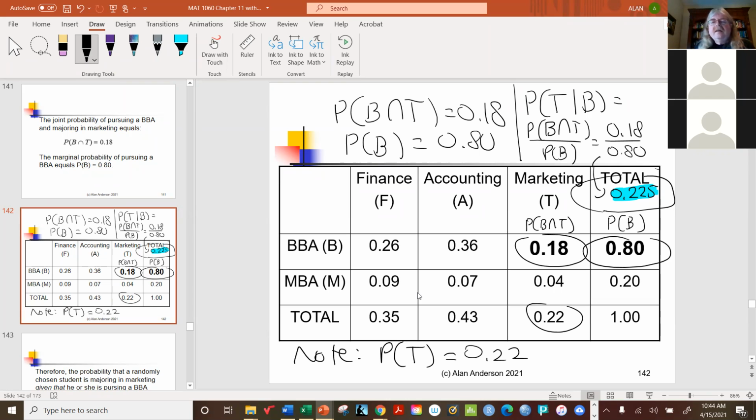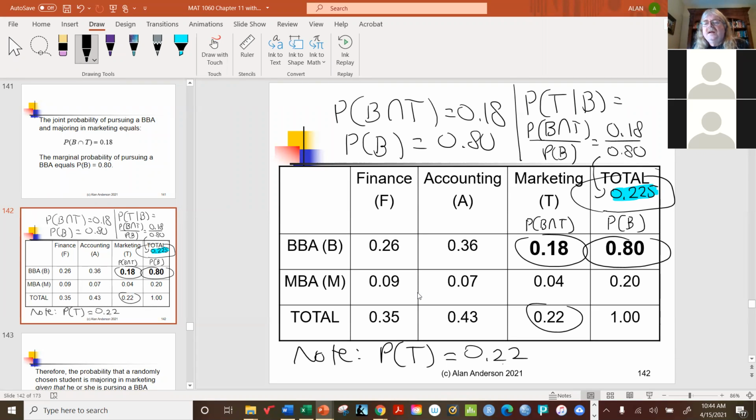Now, I did point out in the bottom left-hand corner, I threw in a little detail on the side here. The unconditional probability of T is right here at 0.22. And if you notice, it's different than what we just calculated. In other words, knowing that the student is a bachelor's degree student changes the probability that they're